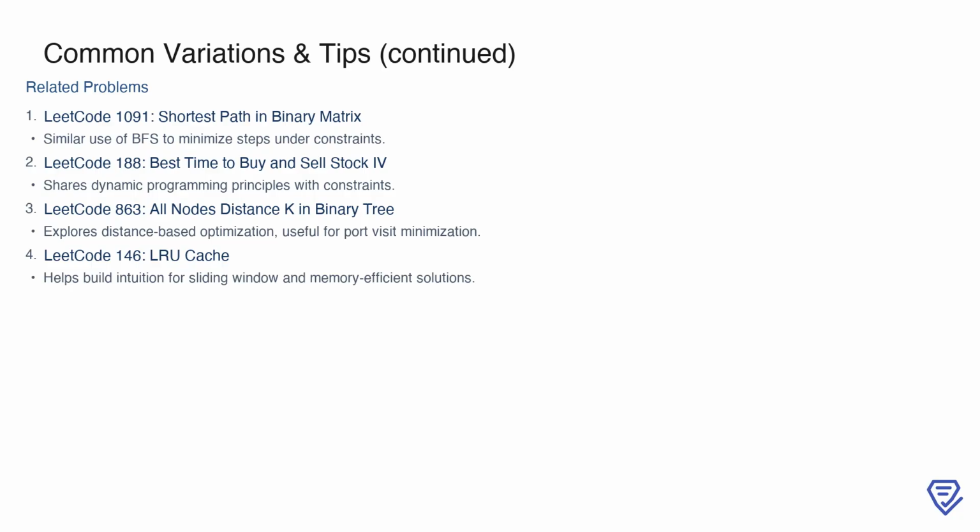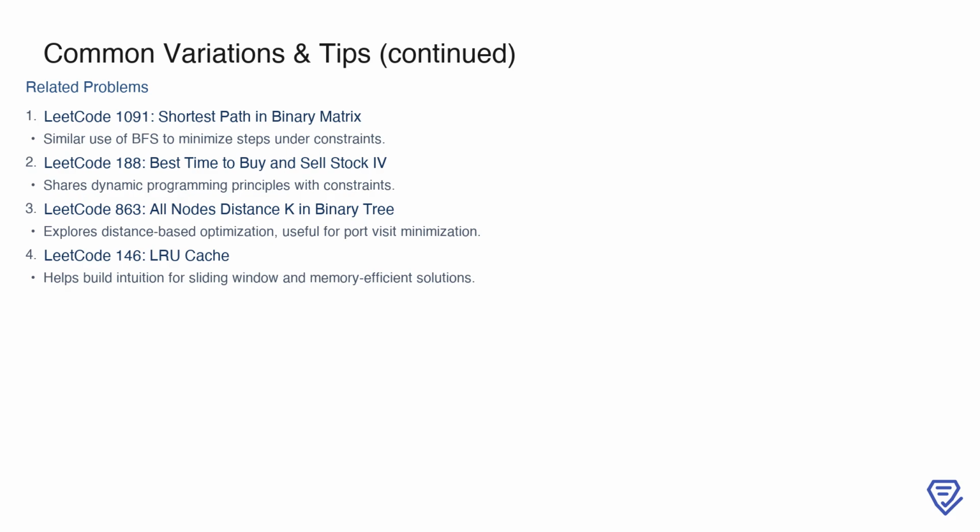LeetCode 188, best time to buy and sell stock IV, involves dynamic programming principles with constraints, making it a good parallel for managing the multiple limitations in this problem. LeetCode 863, all nodes distance K in binary tree, focuses on distance-based optimization, which can be helpful when considering how to minimize the number of unique port visits. Lastly, LeetCode 146, LRU cache, provides insight into sliding window techniques and memory-efficient solutions, which align well with the approaches